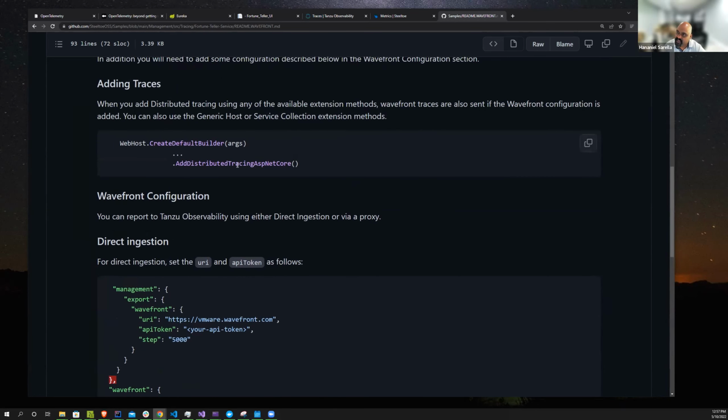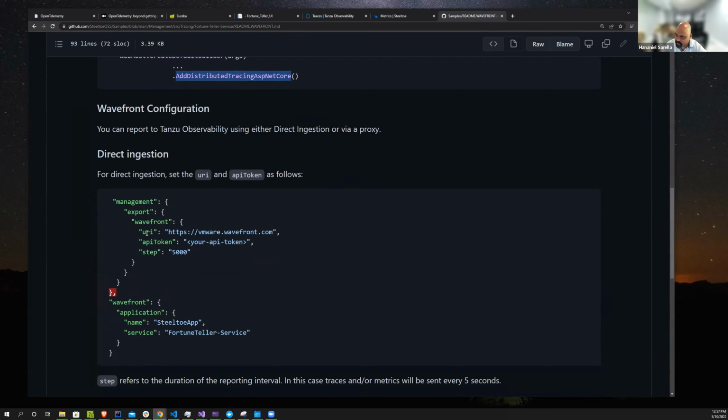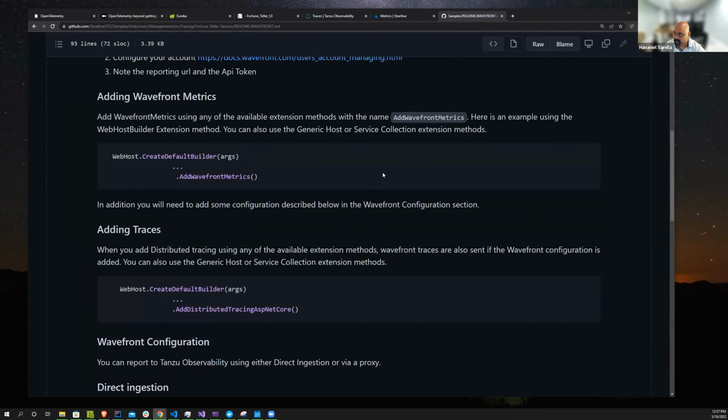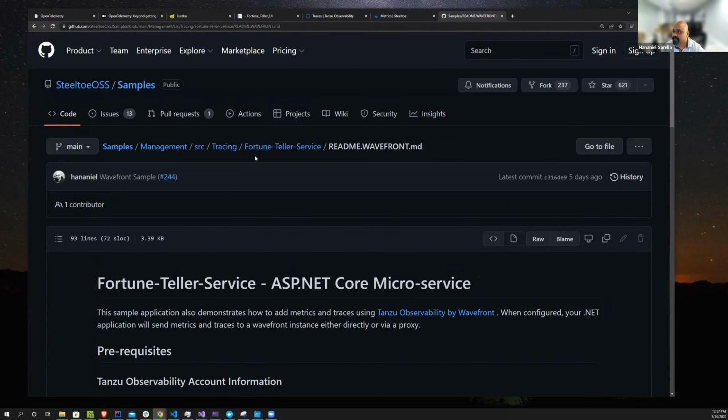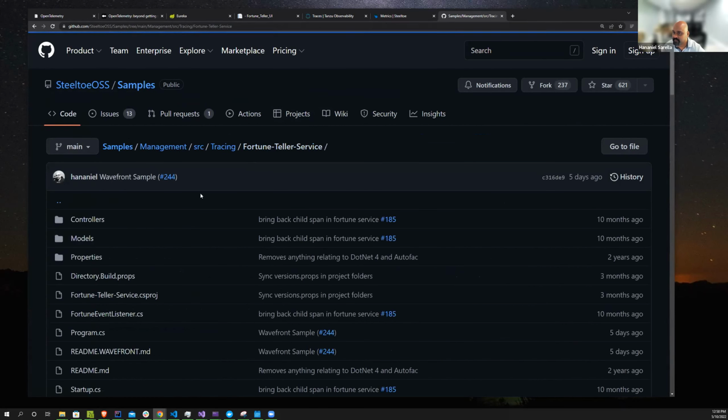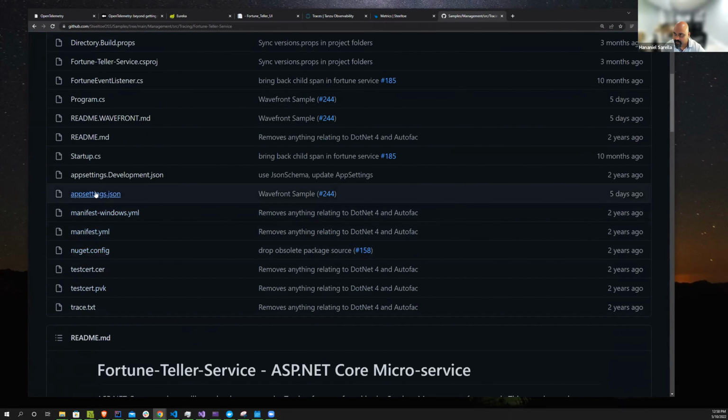With tracing, you just say add distributed tracing ASP.NET Core, and when these bits of information are there, it configures your traces for Wavefront. So that's pretty much all you need to know about this particular project. So that's the README, and inside the project, most of our